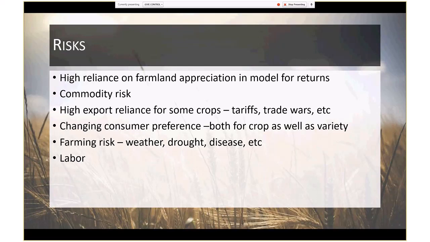Another one, which is probably more important within the permanent crop space, is changing consumer preference. A good example of this is pears. Pears for years and years were kind of considered the treasury bill of permanent crops. They always did okay. They never did poorly. They never did great. They just always did okay year after year. And we've seen this until really about the last 3-4 years, where we've seen all of a sudden a decline